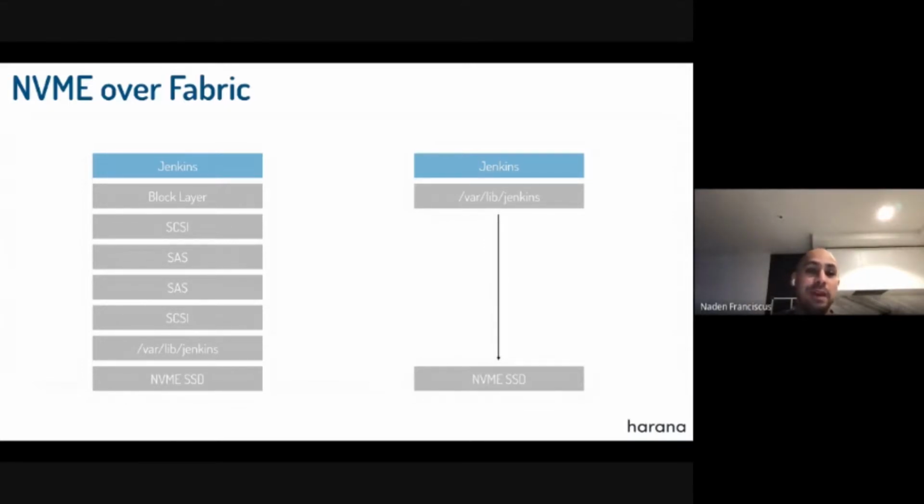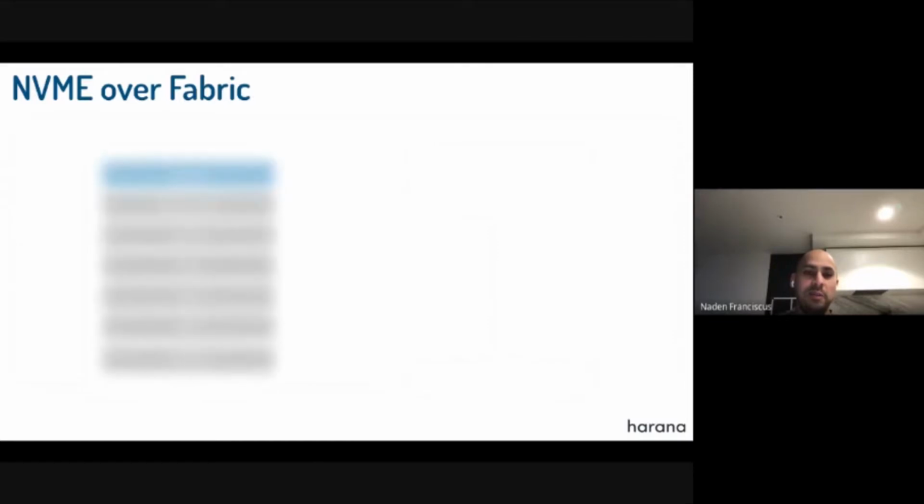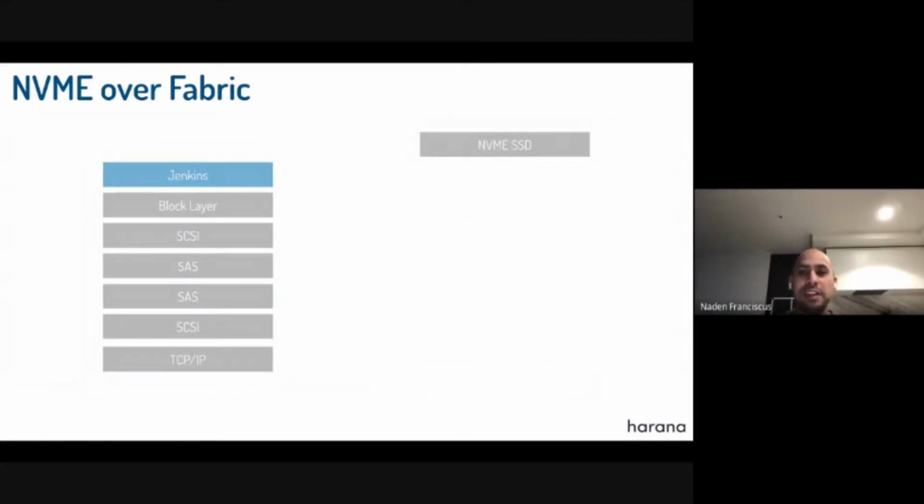With NVMe over Fabric, it actually skips all of those components. It has a kind of kernel bypass, and it writes directly into the SSD. So you get significant performance benefits. But where it becomes really, really interesting is